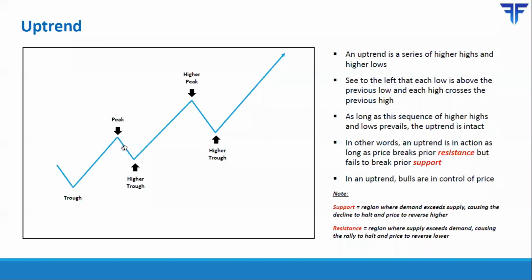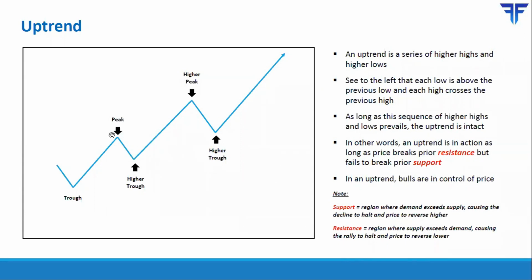As you can see, price fell from here and it reversed from here. So now this region became the new support. Going forward, if price takes resistance at the previous peak and reverses lower from there, then it is said that the resistance is successfully held because the forces of supply have exceeded the forces of demand, which causes price to move lower.